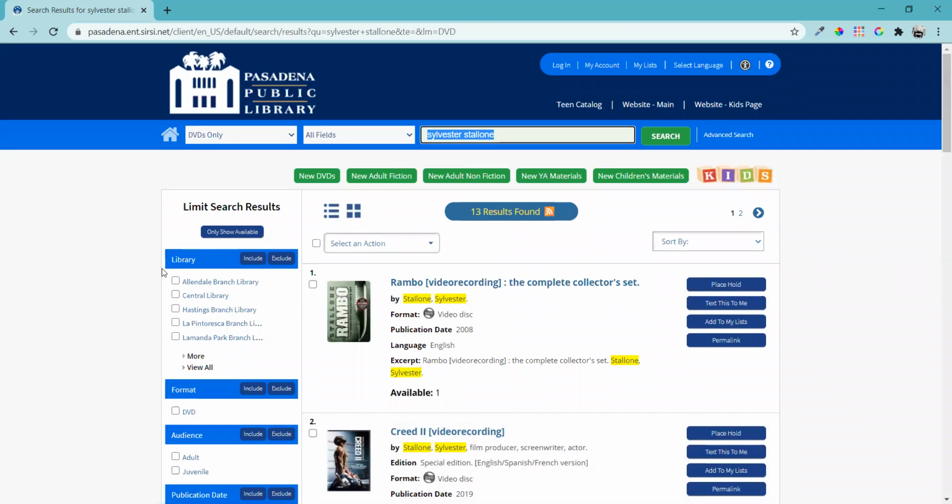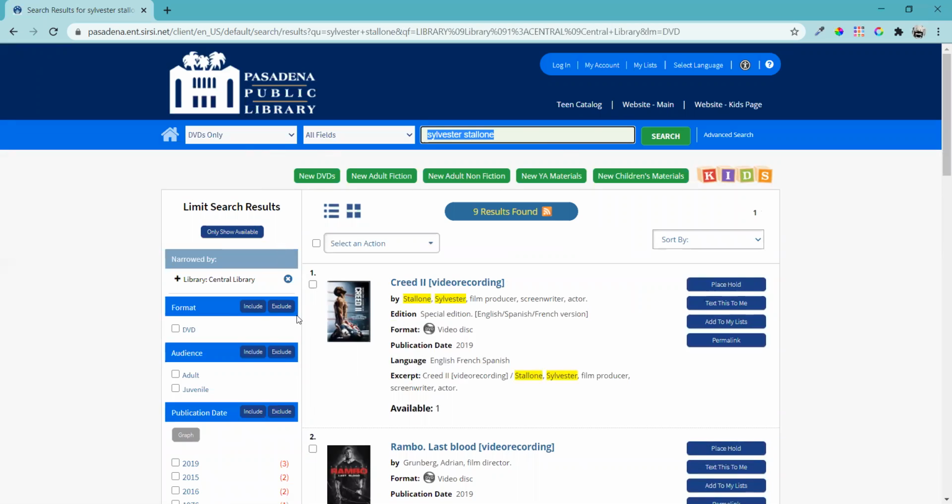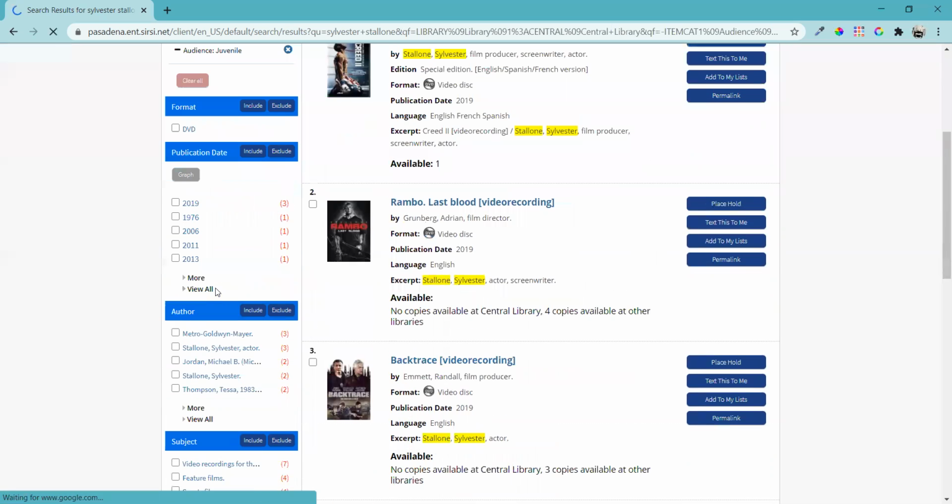So you can also use these limit search results, these facets on the side of the screen, post-search, to filter your results further. Perhaps you want to find things that are only at the central library. You can include only things at the central library. You can also exclude things. So if you don't want children's movies, you're looking for something a little grittier, you can click in these boxes to check the things you want to leave out,